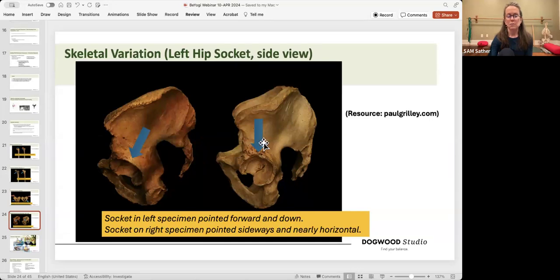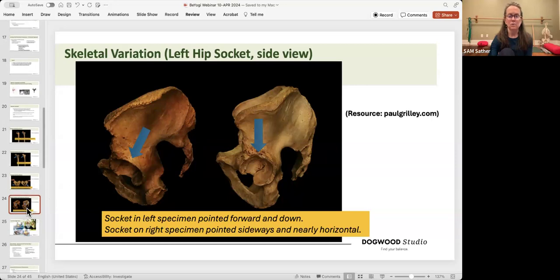Here it just shows you some of the angles. This is way out to the side, and even look at the crest up here, how different in shape they are. But you can even see how sacrums are so differently shaped.